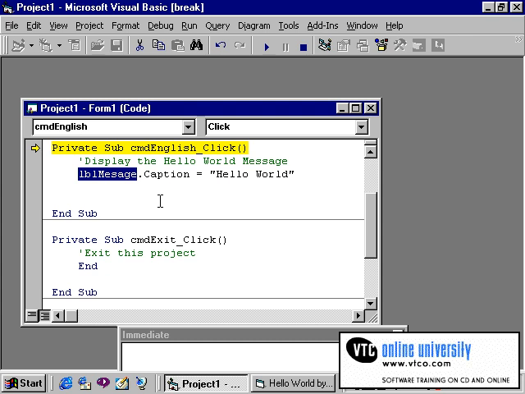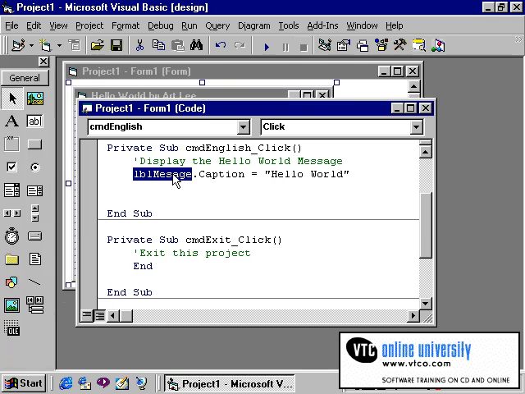To correct this error, I should first stop the run of the program. You'll notice that Visual Basic is now in what's referred to as break mode. I can end the program by clicking on the End button. Now I can go ahead and make this change, and I could simply insert an S, and everything will be okay. Let me delete this line one more time, however, and retype it